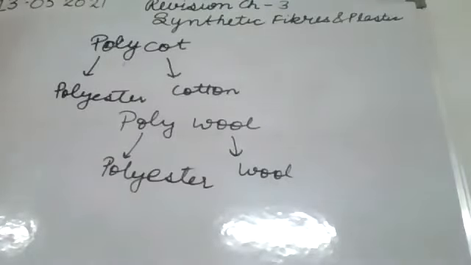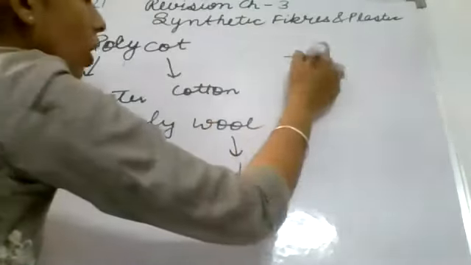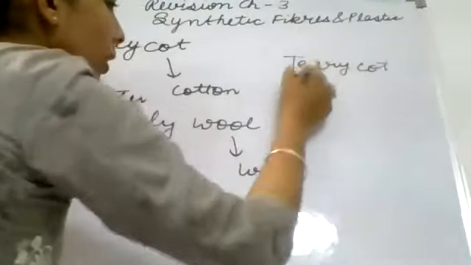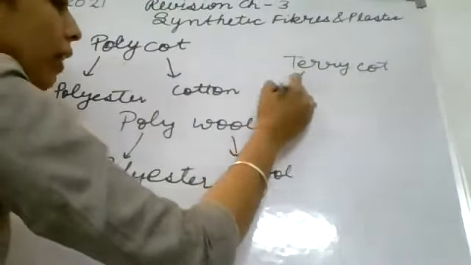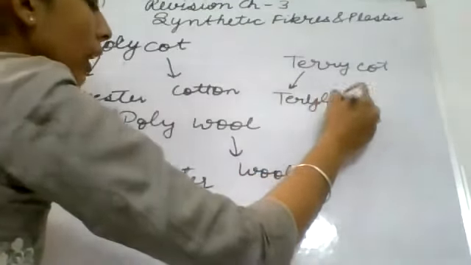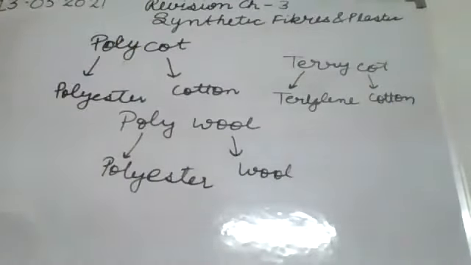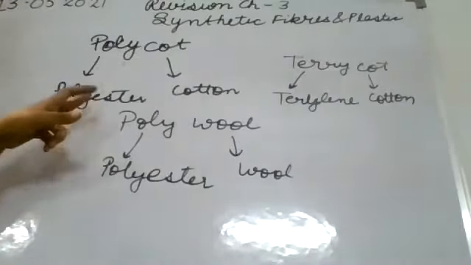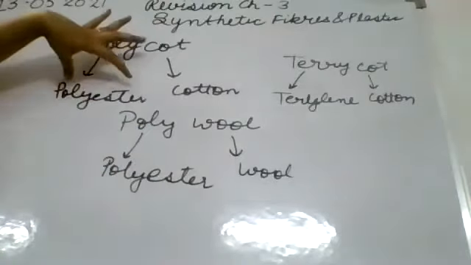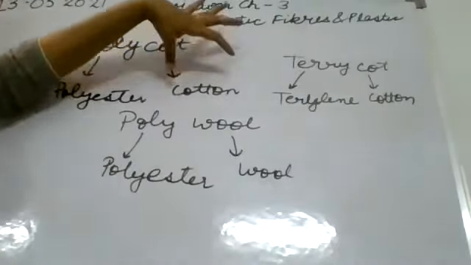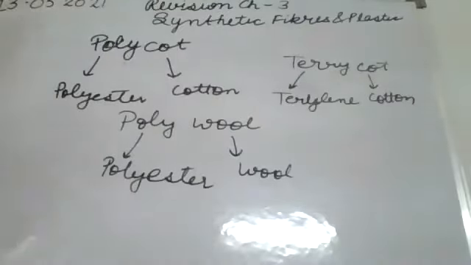And there is also another example that is given in your book, that is terrycot. It's a blended fiber of terylene and cotton. Clear? So these are the blended fibers that are formed by mixing two fibers. These are the examples in which one part is synthetic and another fiber is natural. These are made by blending these two. Now next is